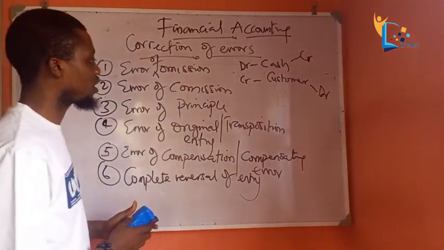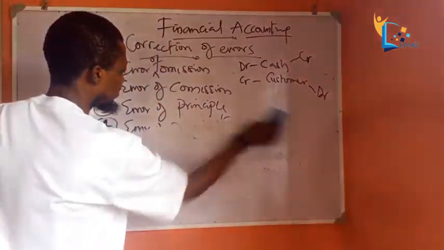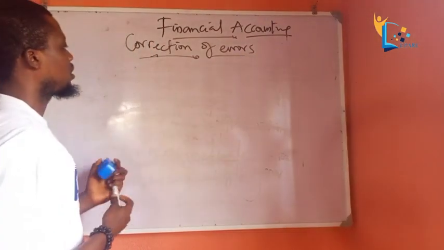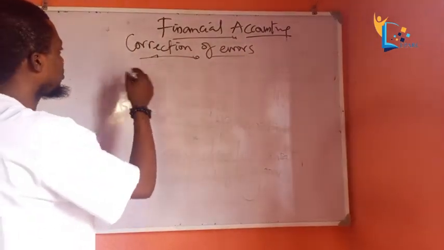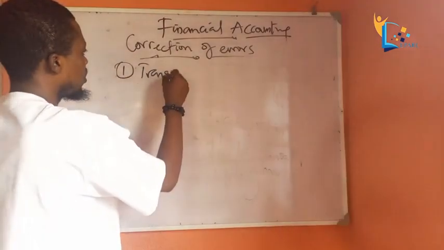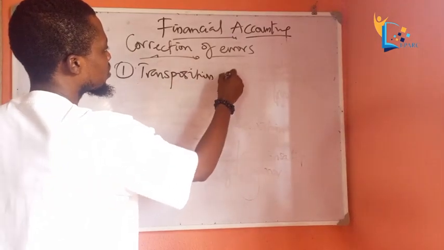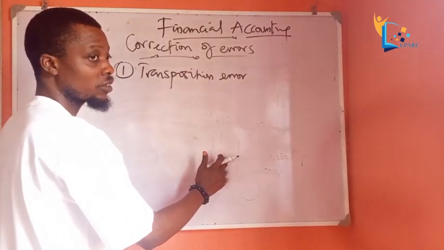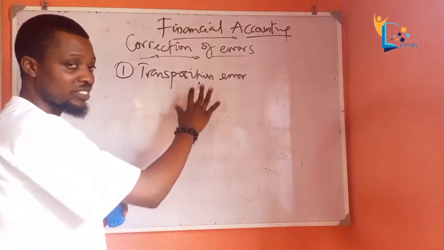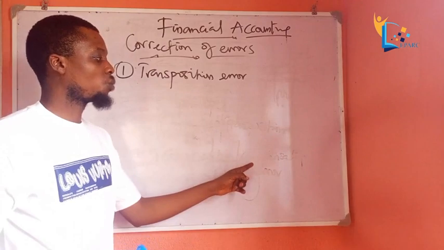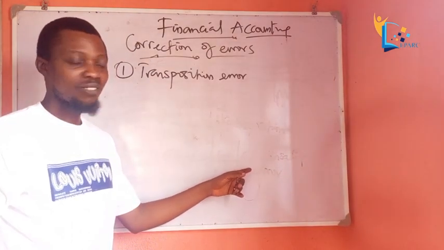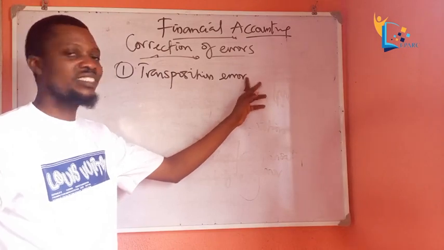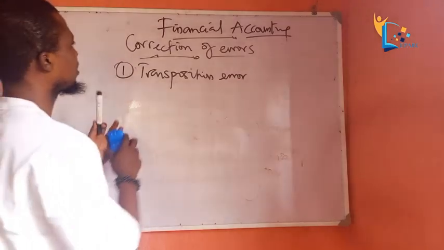Now, after this, let's see the errors that affect the trial balance. We have several of them in no particular order. We have the transposition error. This transposition error here is quite different from the error of original entry we mentioned earlier. The difference is this: that one was maintained from the beginning of the source document. But this transposition error, for errors that will affect the trial balance,